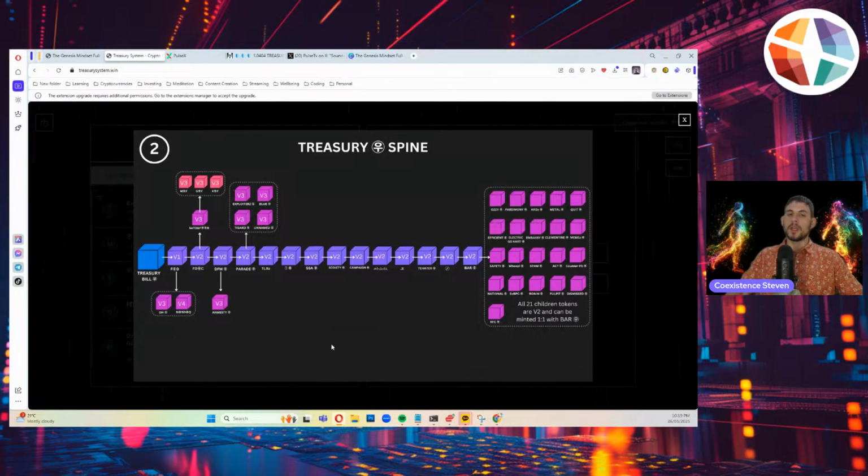So it's also kind of a tree as well. You can see here it's got Fed, FDIC, DFM, Parade, TLRZ, so on and so forth, down to bar. And then it goes into the bar children. So there's 21 bar children. And then obviously we've got the V3 coming off these, V3, V4, so on and so forth. So you'll see what version it is here. So it starts off with the V1 Fed, and it works its way down, all the way down to the